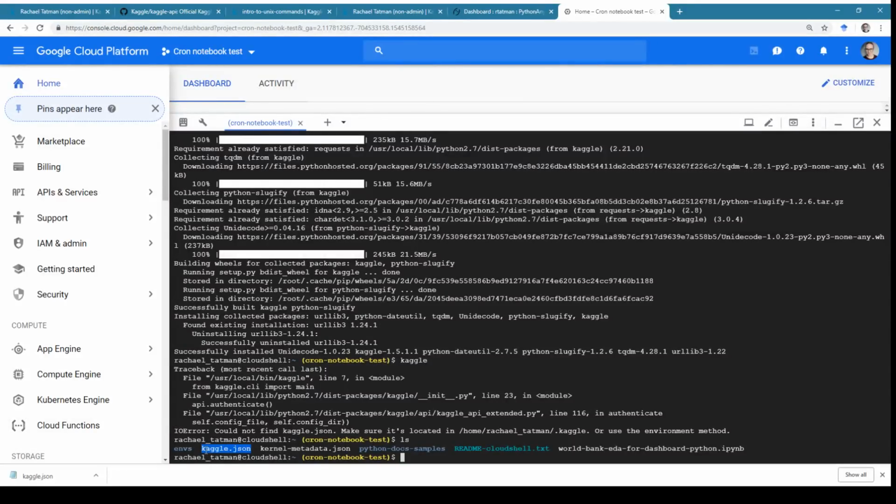So we have this Kaggle.json file with our credentials that we've uploaded, but it is in the wrong place. So it says that it should be in this directory. It should be located in /home/Rachael_Tatman. That's my GCP username, and then the .kaggle directory. So I am going to move it to that location by using move. So I'm going to move the file kaggle.json, and I'm going to move it to the location /home. And I'm just going to specify the whole path. So this will work